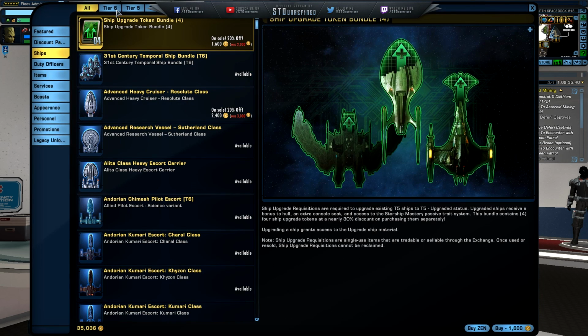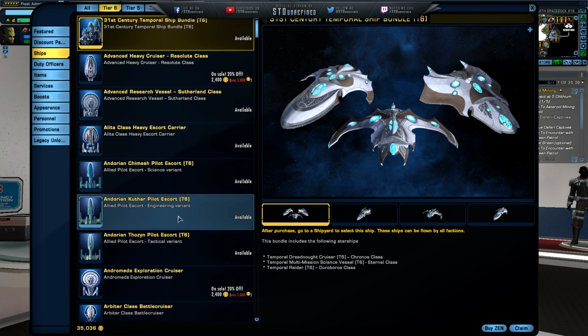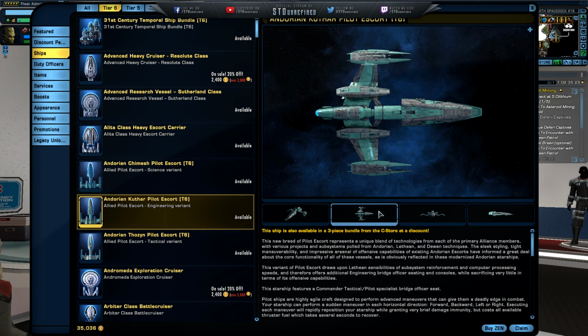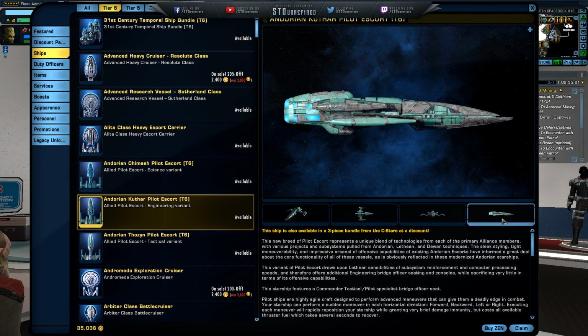That's awesome. So today we are gonna do the engineering variant on the Federation one. If I'm butchering the name, I do apologize, but this is going to be the Andorian Kuthar Pilot Escort Tier 6 review. I'm going to do it like you guys are normally accustomed to on the channel. I'm going to go through all of the customization that can be done, the comparison, ship visuals, and then lastly,